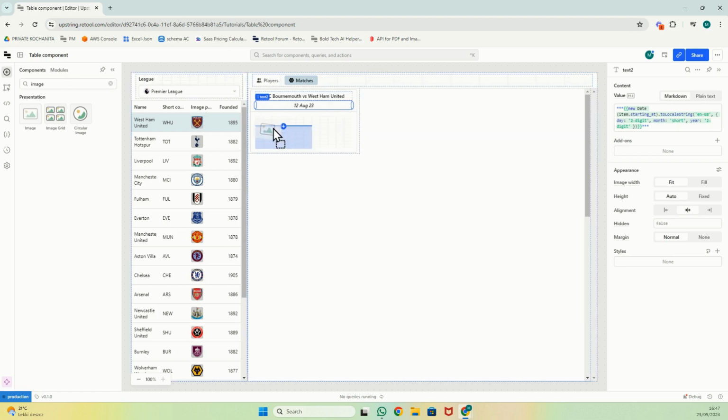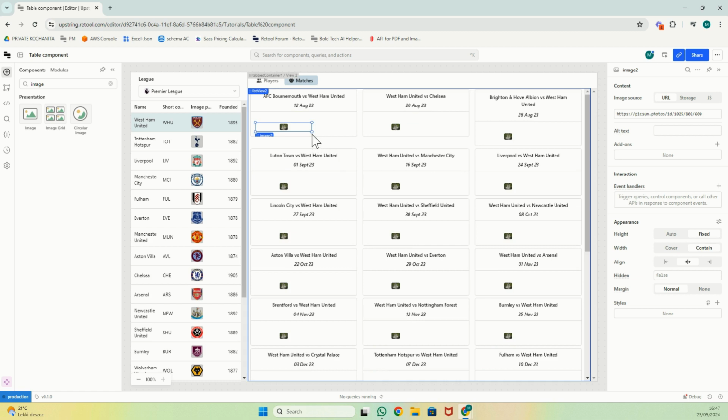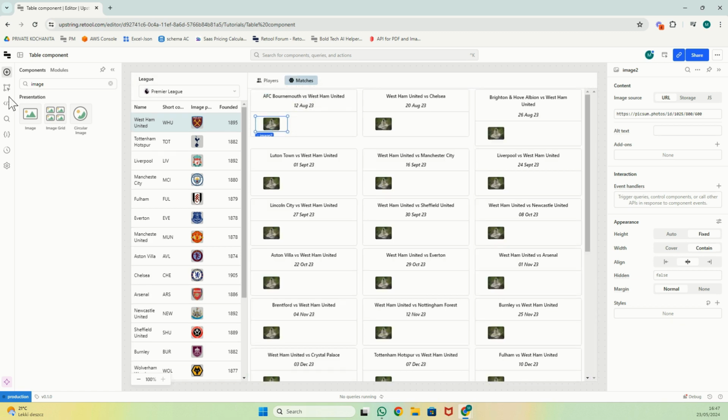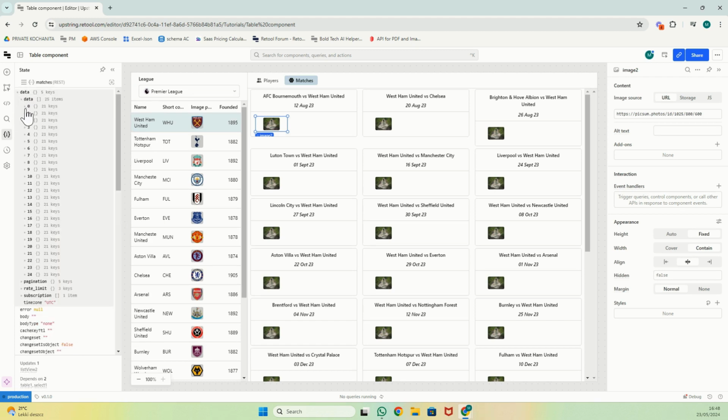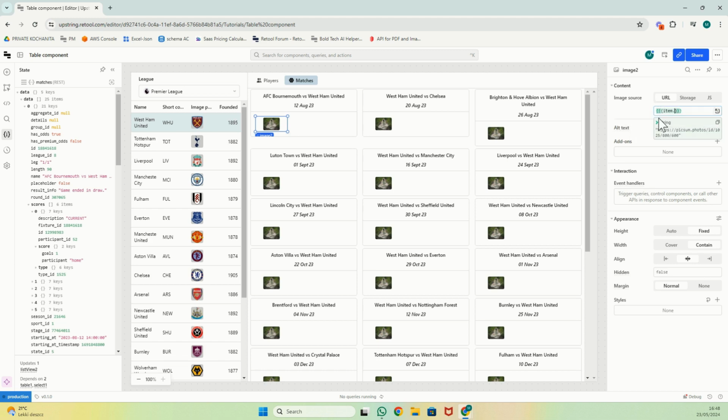So we'll add an image. Image here, we will put it as fixed, and we will put it something like this and like this. All right, we'll fix it later. Let's go back to our data source, this date, data, and now it took me a couple of minutes to understand how they do this, but I will have to filter scores by current, which is the end state, and by home and away. I'm going to put the home team on the left and the away team on the right. So then to do that, I'm going to have to go item